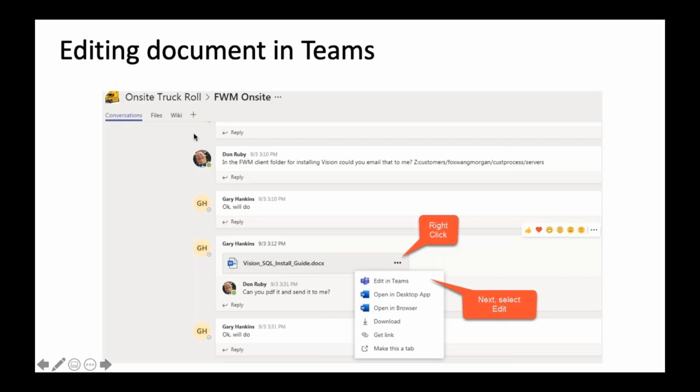So here I'm having a discussion. If I upload this file, I can have a discussion and I can edit this document with someone within Teams. The people who are in this discussion group will be able to see my document, and this document is available later on. If you just click on this file tab here, you'll see that anything associated with that conversation stays within there. It makes it easier for you to find documents, or if somebody later on wants to look up some information in the past.